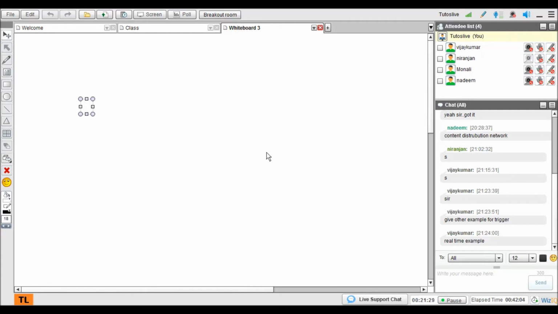Let's say you have an event. On performing this event, I want another event. Event after event, and this event should happen without my involvement. So whenever I perform this event, it should trigger this event also. That's what trigger is. An example for this. There can be so many real-time applications.